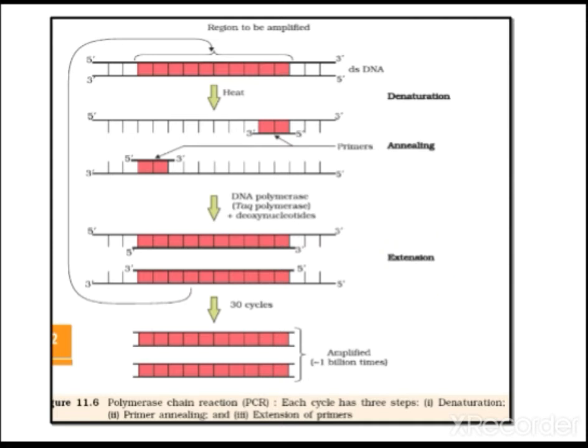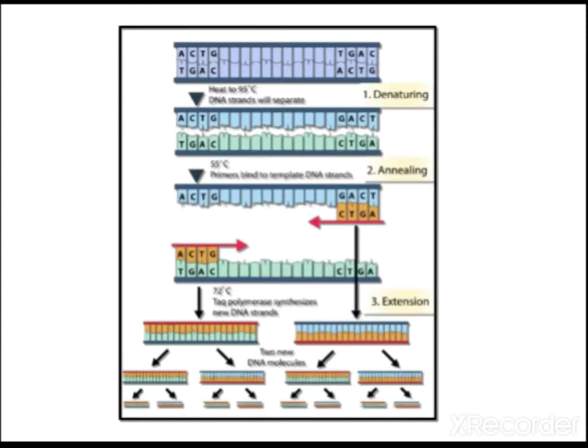It goes on extending. Here we are using the enzyme Taq polymerase, from Thermus aquaticus, from which it has been extracted. It can be repeated so many times, and then ultimately we get multiple copies of DNA. The same thing here has been written in the form of nitrogenous bases. First step is denaturation, second is the annealing step where small primers are given, then extension, and then multiple copies are made.